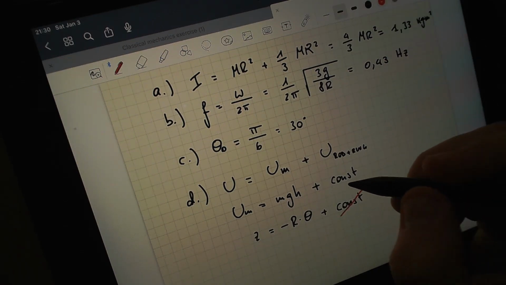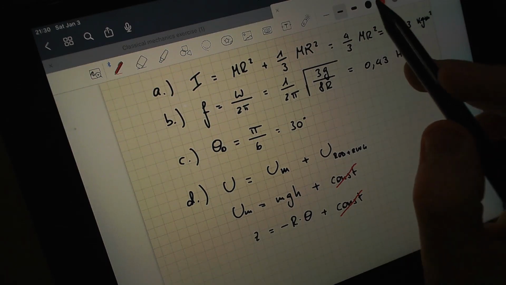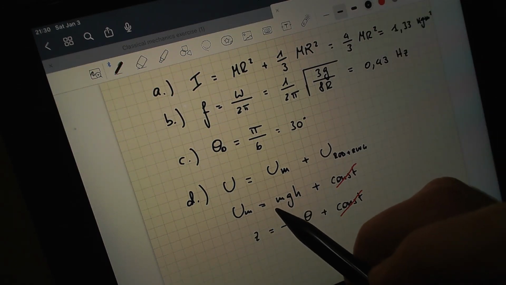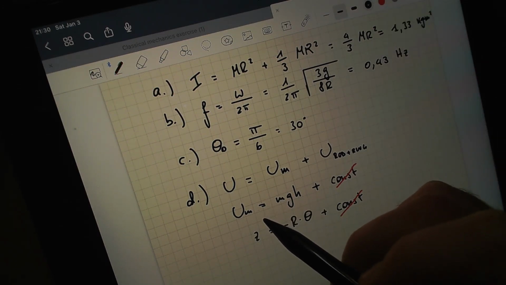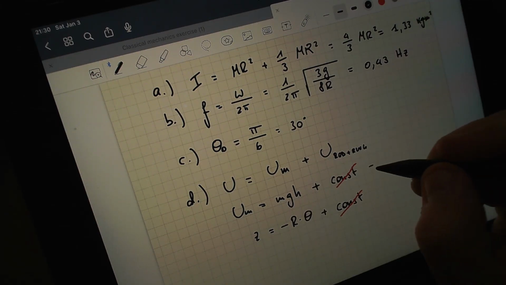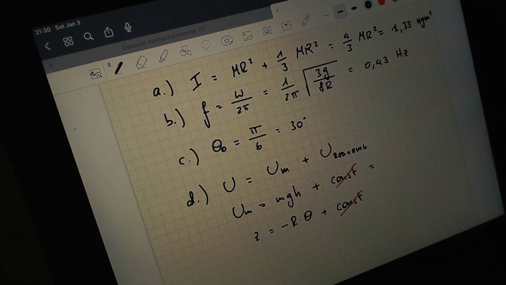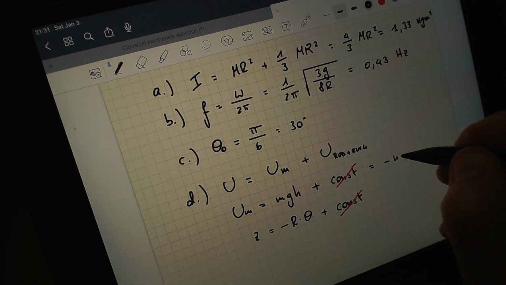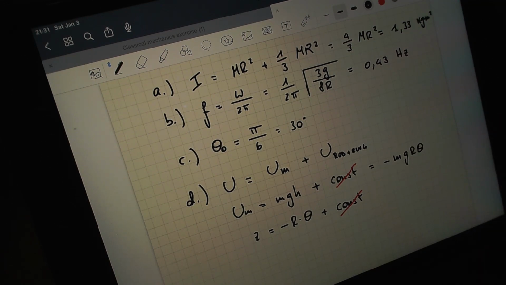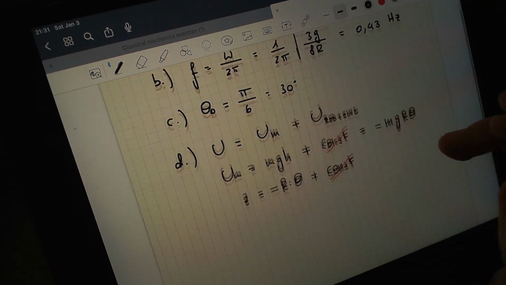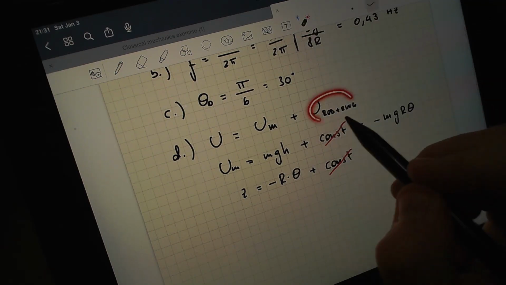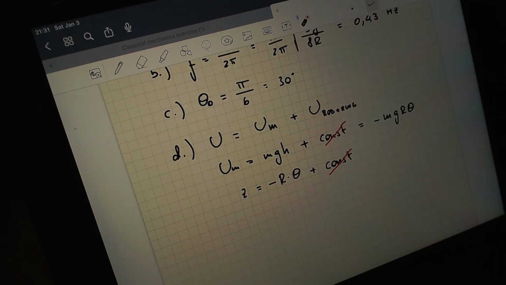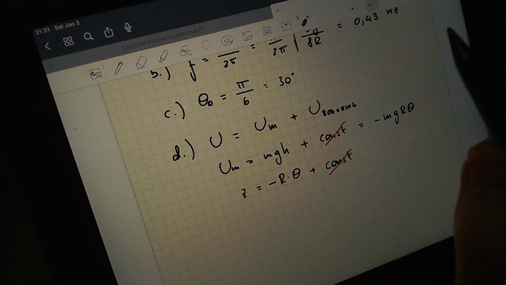We can cancel this constant, because we know that the potential energy is defined up to a constant. So the potential energy for the mass is just minus m g r theta. Okay, and now we also have to determine this potential energy. We know that